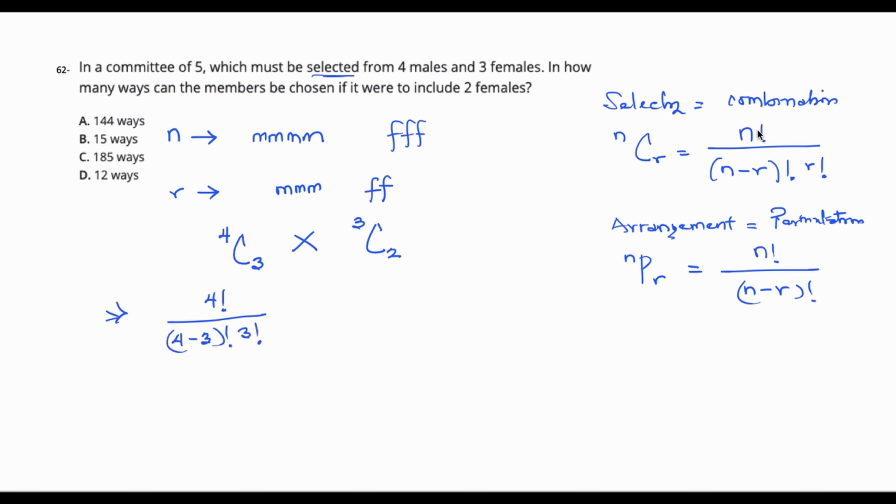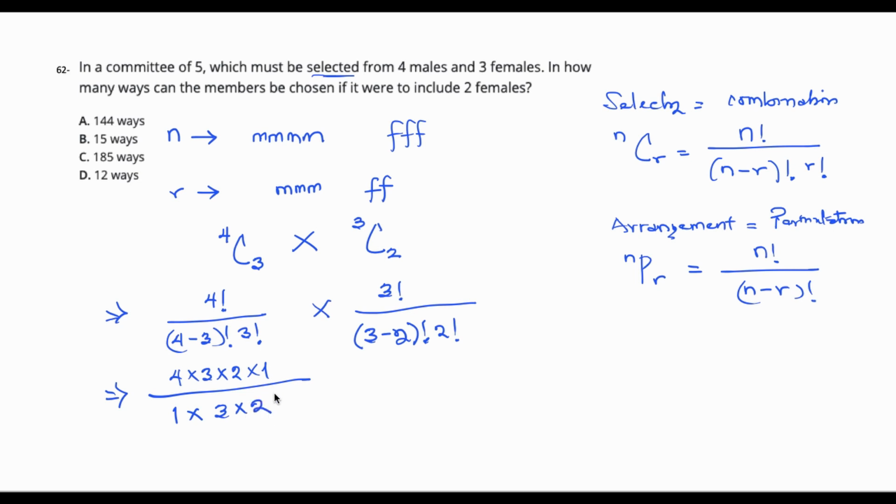Don't forget, this is a combination. Multiplied by n factorial, which is 3 factorial, divided by n minus r factorial, which is 3 minus 2 factorial, multiplied by r factorial, which is 2 factorial. So in this case, 4 factorial is simply 4 times 3 times 2 times 1, divided by 4 minus 1 factorial, which is 1, multiplied by 3 factorial, that's 3 times 2. So we multiply this by 3 factorial, which is 3 times 2 times 1, divided by 3 minus 2 factorial, that's 1,